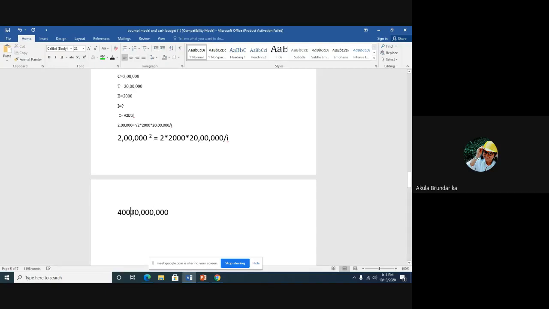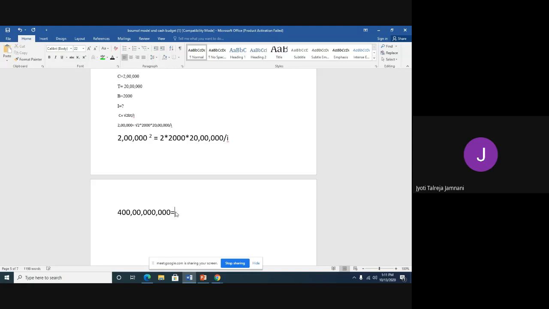You get 10 zeros, right? Yes, ma'am. That is more than 400 crores also. So 2 lakh into 2 lakh, 2 twos are 4, and all those 10 zeros,